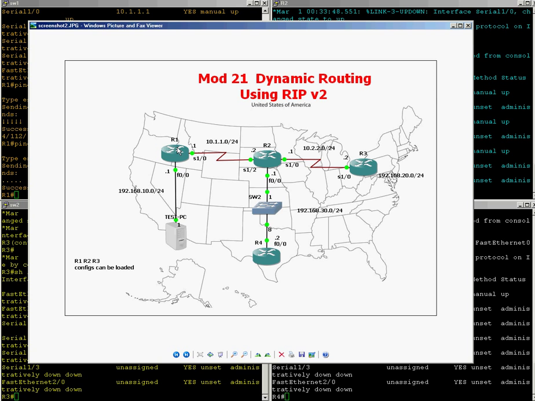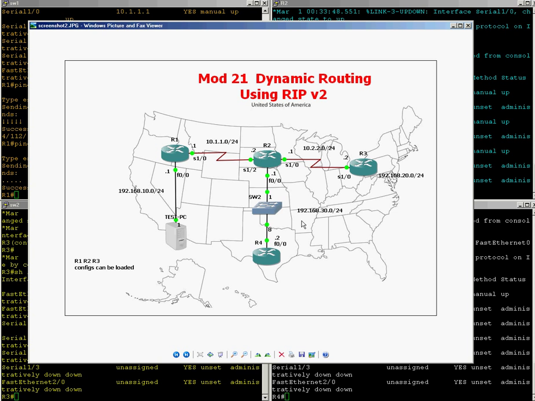R1, which is here in Idaho, was able to talk to R2 because it's directly connected through the network. But trying to jump over and talk to R3 is where it had the problem. It doesn't know how to do that. And that's what I was able to do in the static routing portion of this course, was to teach R1 how to reach R3 through R2. That's with static routing. That's when you have only a few devices, and static routing will allow you to do that. But when you have dynamic routing,